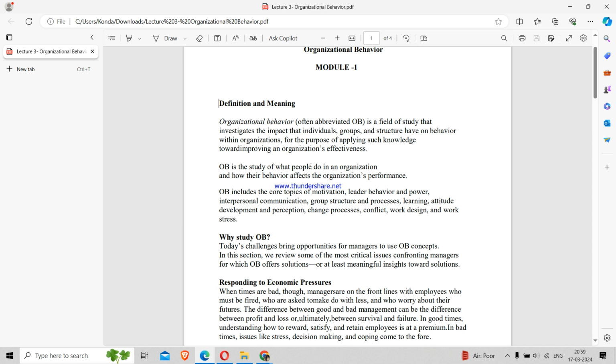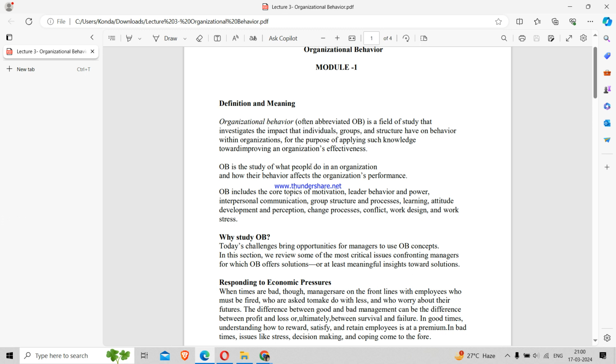Okay, so in the OB model there are certain attributes that you need to take into account. What are those attributes? Basically it is broadly classified into three types. The OB model has three broader attributes. What are those? Individual, group and organization. So these three attributes are there. Among the individual there are four sub attributes. What are those under your individual aspect? Attitude, personality, perception and motivation.